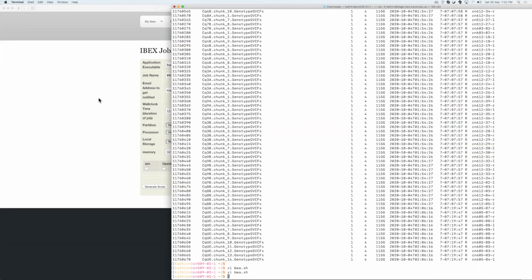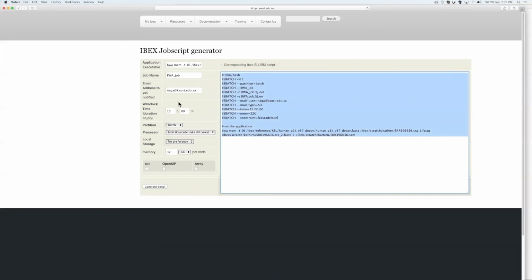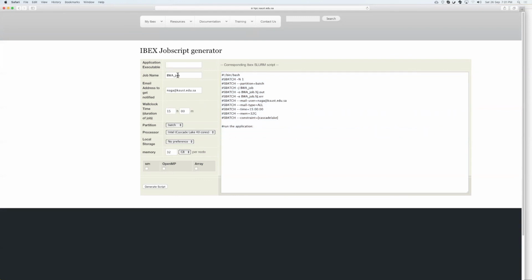The other option is, in case you are interested in running GPU jobs, you can specify your GPU command. For example, nvidia-smi is the command I'm interested in running.